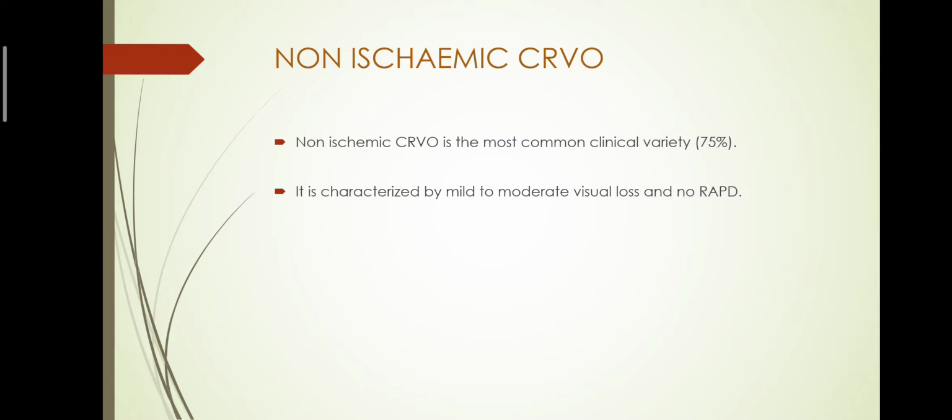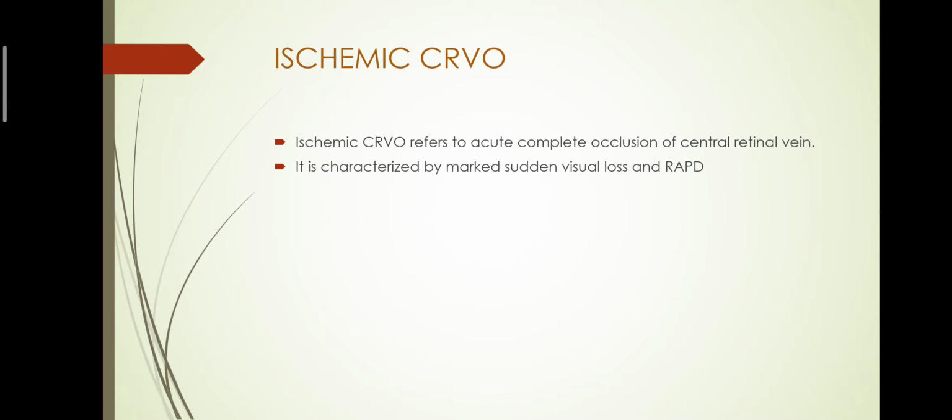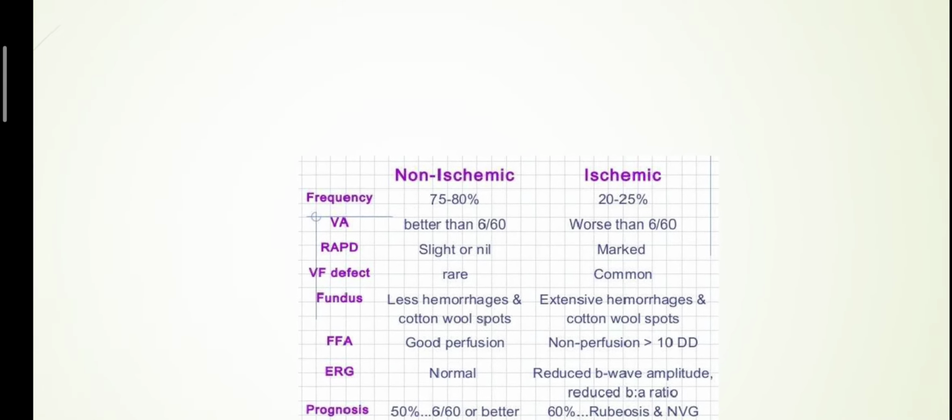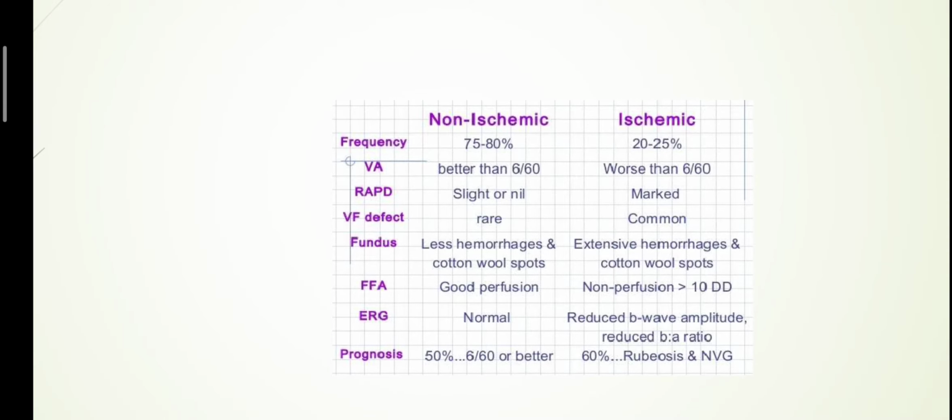So I told you there are two types of central retinal vein occlusion, ischemic and non-ischemic. We'll be discussing that in this table. So why do we need to categorize it and what is the importance? The most common type of central retinal vein occlusion is the non-ischemic type, which is seen in almost 75% of people, whereas in a much smaller percentage, about 25%, we see ischemic vein occlusion. Non-ischemic cases have relatively better vision when compared to ischemic CRVO, and